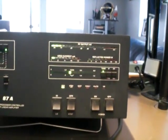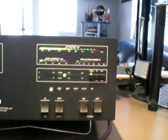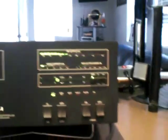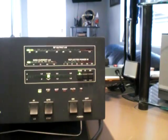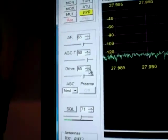Test 1, 2. This is a test of the Alpha 87A. Notice it's showing over 2 kW on the meter on the amplifier itself. Everything's operating as it should. Reflected power is low, less than 10 watts. Grid current looks like it's peaking at about maybe 40 mils. We're going to come back around here, and there's the 65 watts of drive